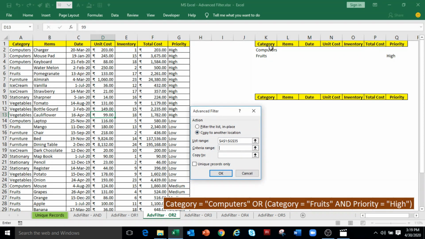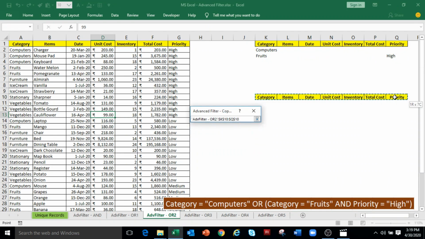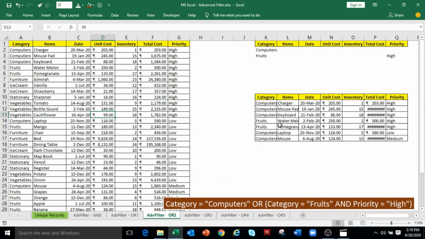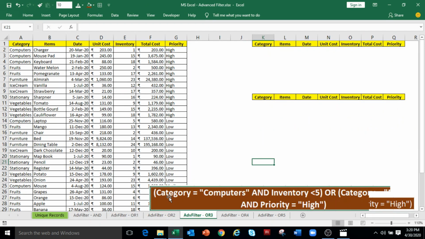In Criteria range, select the criteria, and in Copy to, select the headings which you want to show in the filtered data and click OK. Now you can see that the filtered data is showing where the category is computer or fruits where priority is high. Now, next example, the first criteria is category is computers and inventory is less than 5